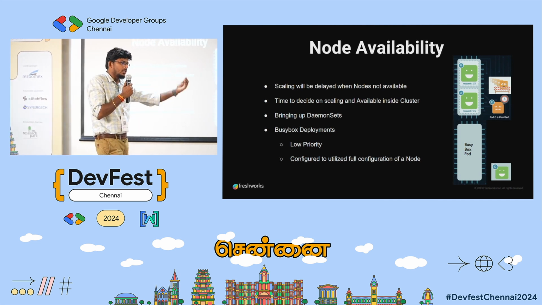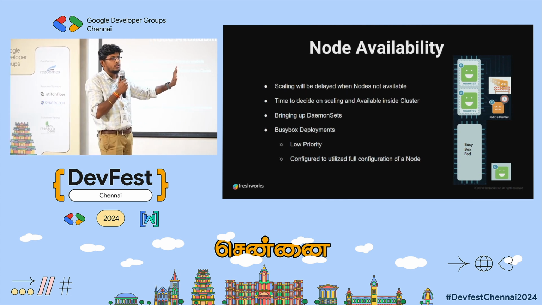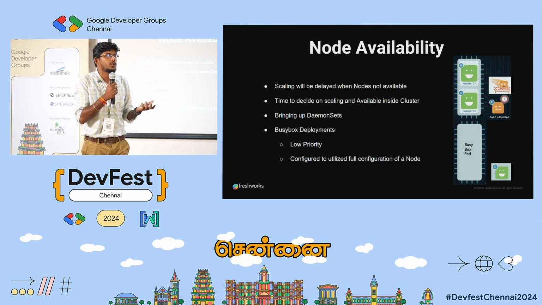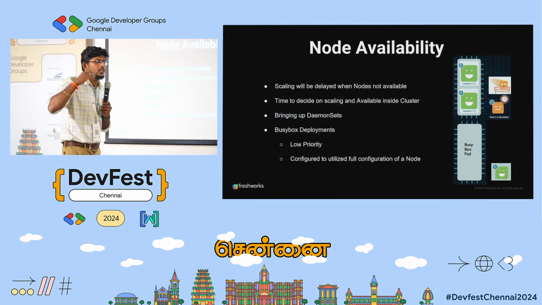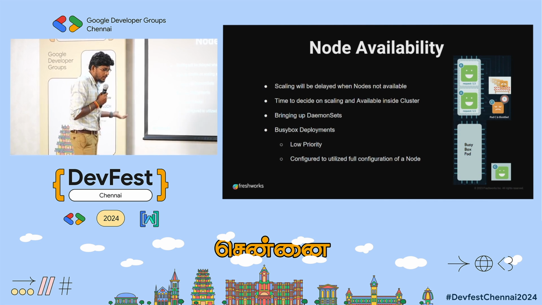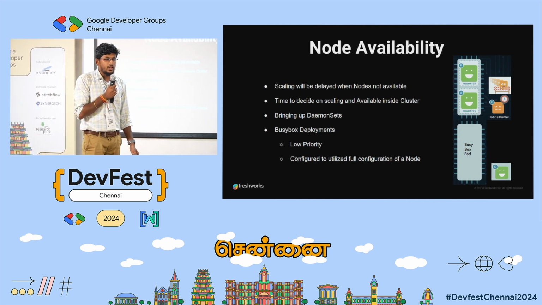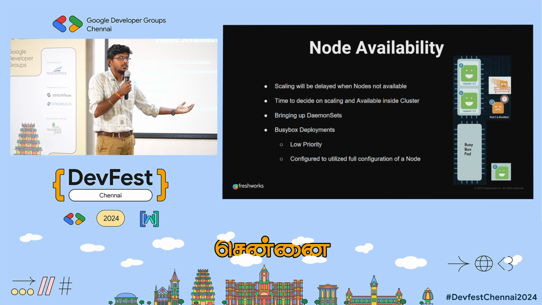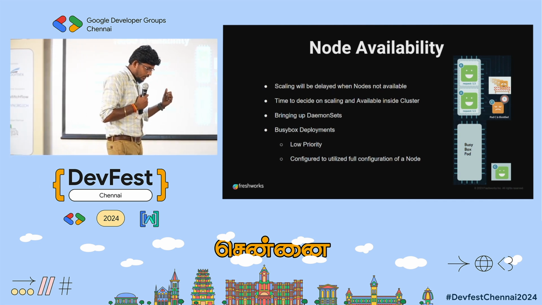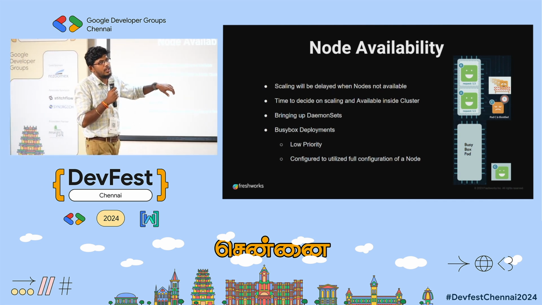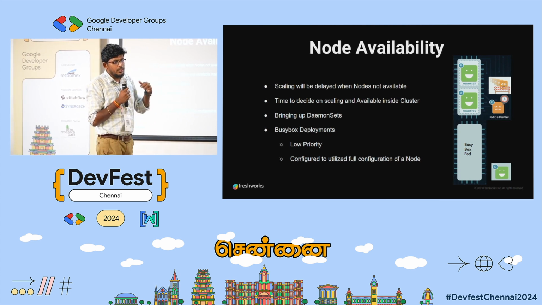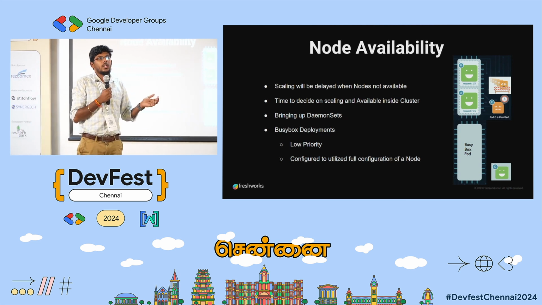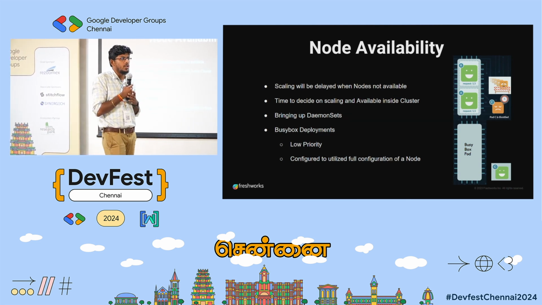Based on that, you can have at least one additional node per node group, or across all node groups you can have one node. That can be a decision you take based on your needs and which is higher priority for you. In our case, our customers' experience is much more of a priority compared to the cost, because with a better experience we can generate much more revenue. So by taking that call, we have configured this busybox to run in multiple AZs, so that across each node group we always have one node available. Whenever there is a burst in traffic, we will have a node available.